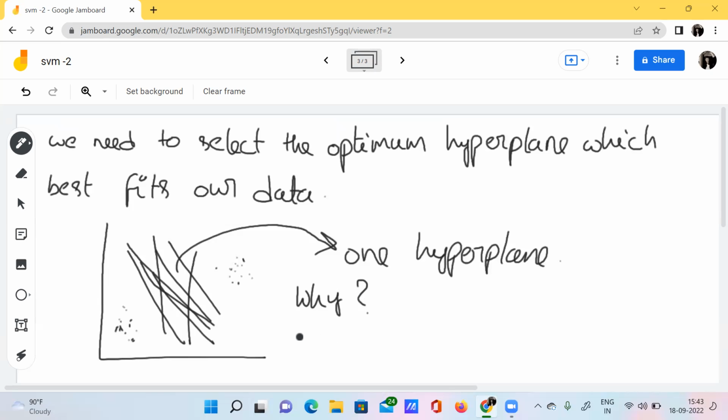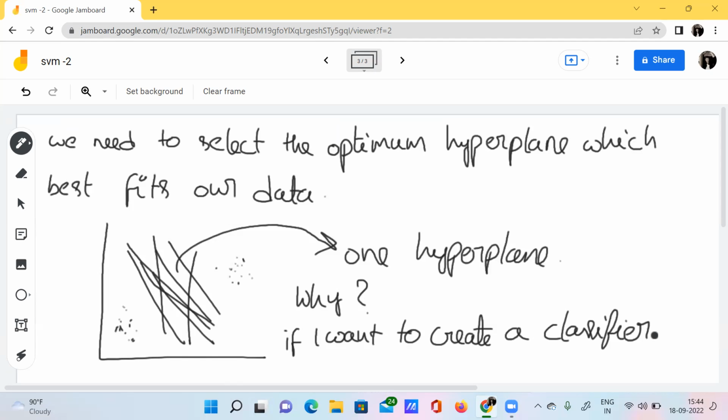Because what we are actually doing is creating a classifier. If I want to create a classifier, then I need to choose one such optimum hyperplane out of all those hyperplanes, right? So this is the reason why we are choosing the one best hyperplane.